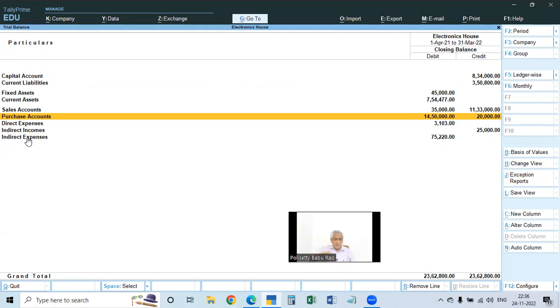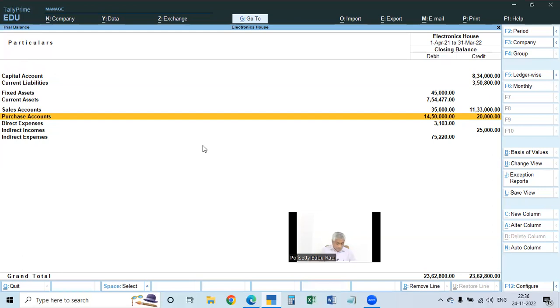Subgroup will be under a main group, that is immaterial. Stock item will be created under the subgroup. Similarly, the ledgers are also created under the subgroups only. The subgroup will be under a main group. So here only main groups are shown. If you want to see the details of all the groups, that is main group, subgroup, and ledgers also, what we have to do is